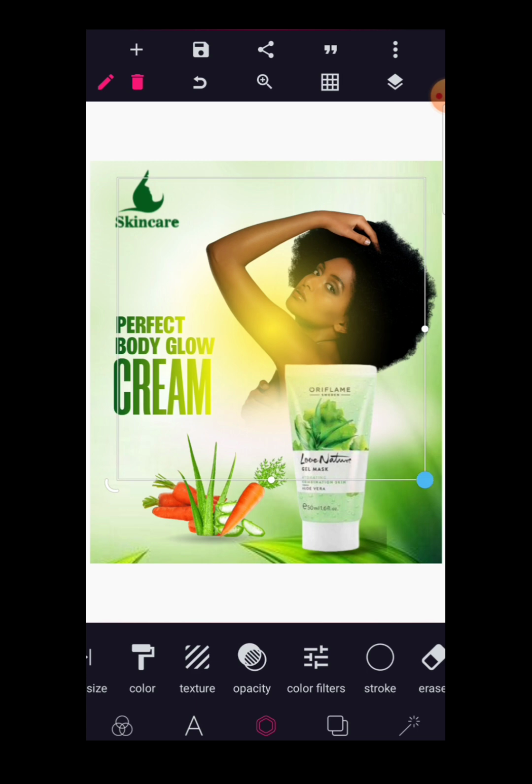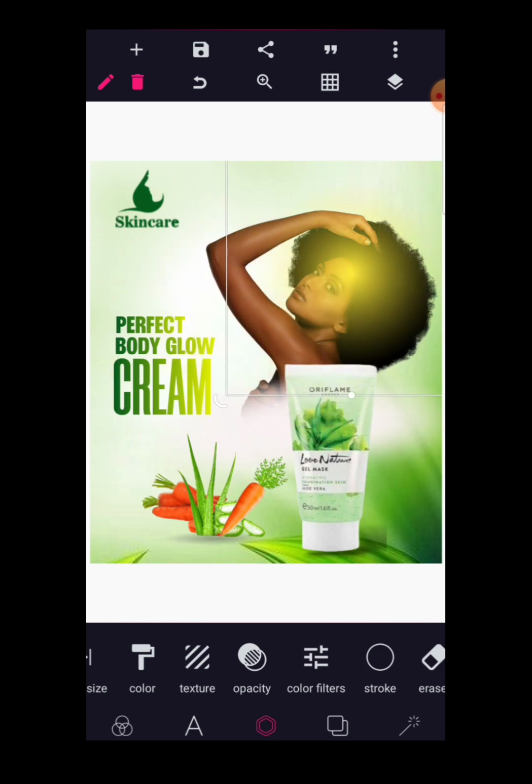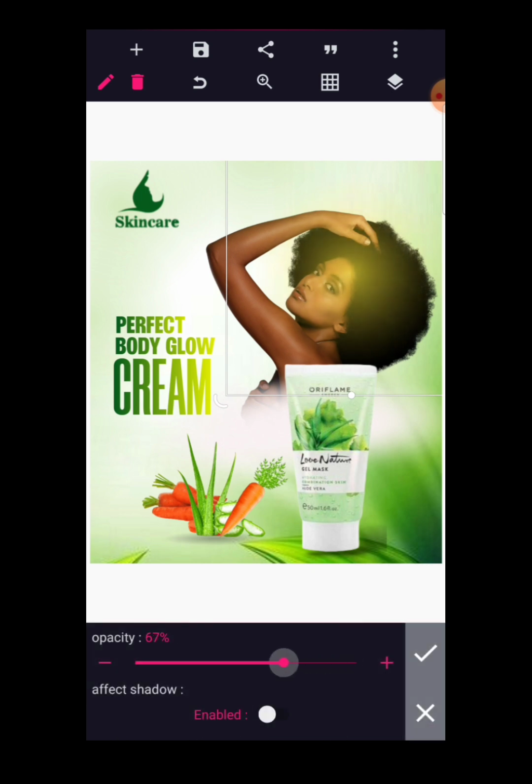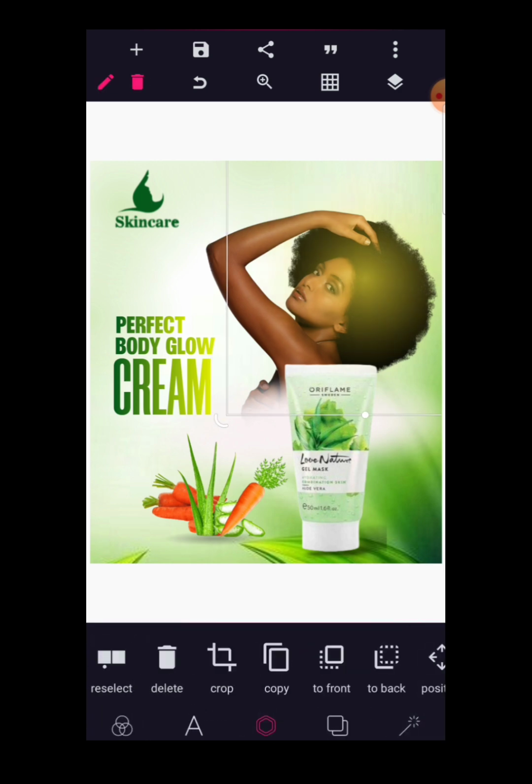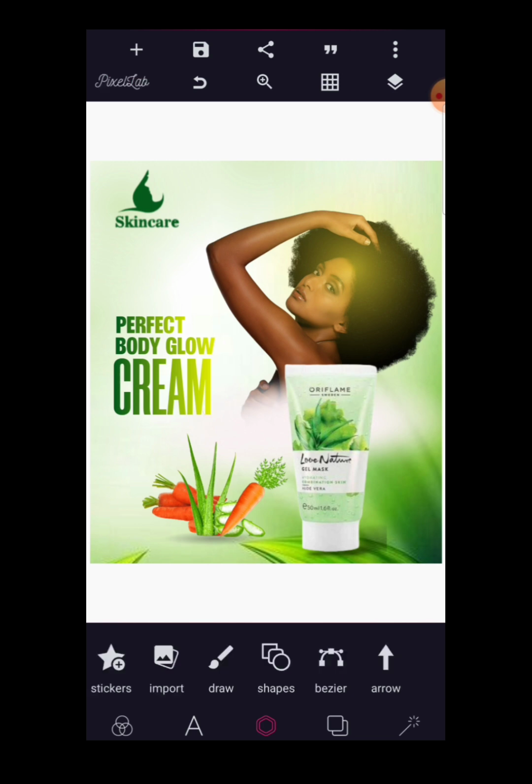So we're going to reduce the size a bit, then we place it like so, and after placing it here, go to opacity and reduce the opacity a bit. Can you see the impact now? I think let's increase it a bit. Good. So let's check, everything is fine, everything is just okay. Right, so this is just fine, and I've also shown you how easy you can add a lens flare to your designs. As you can see, it has made the design more popped up and looking much more